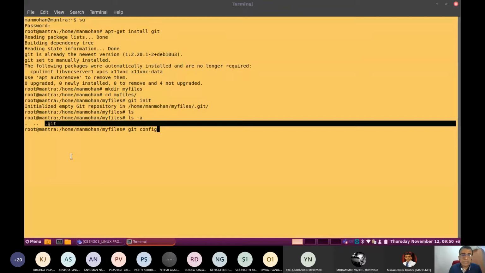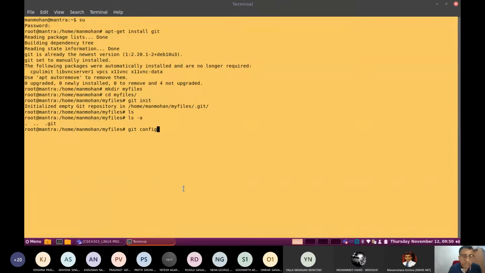The command for configuration is git config --global. Sometimes you can use global, because in case you have multiple repositories like my files, X files, Y files, this configuration will be applied to all the files, I mean all the Git repositories.